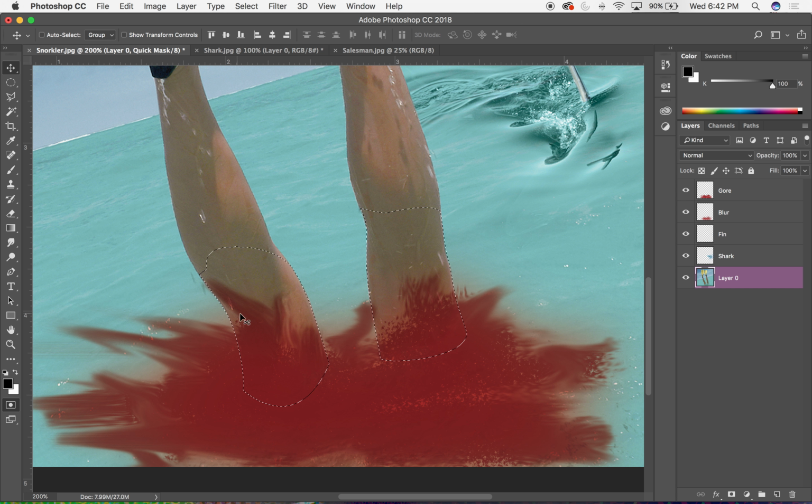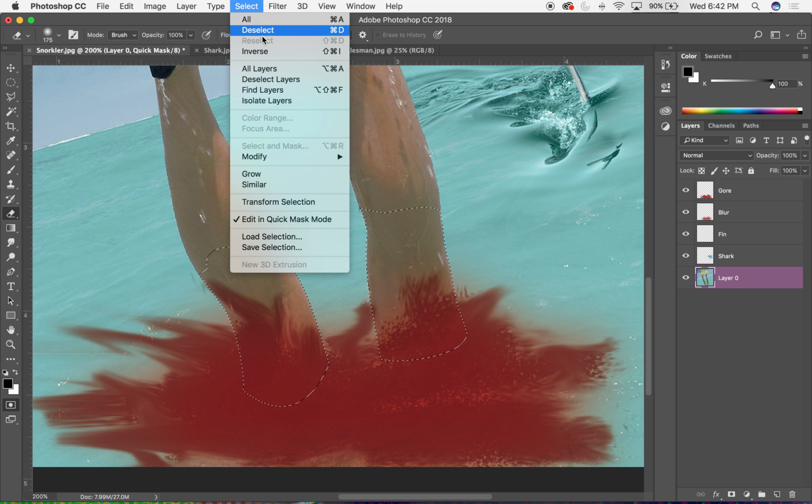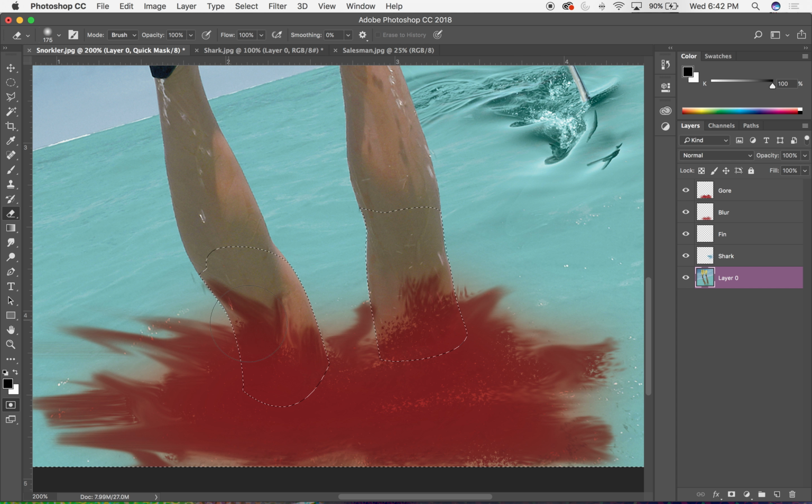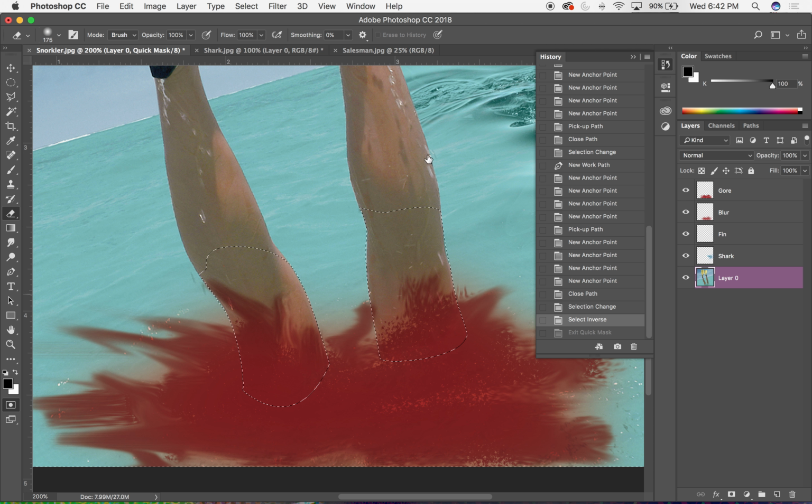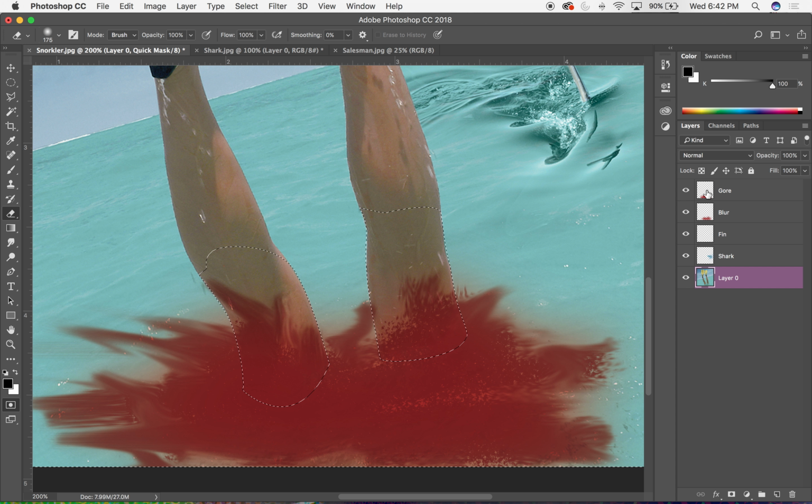So what I'll want to do is actually take my eraser, and what I could do is actually, well, I could do one of two things. Well, first what I'm going to have to do is select my inverse. So I'll invert the selection of the legs, so now everything but the legs is selected, right? So everything but my legs is selected, and under this top layer then I'm going to start removing